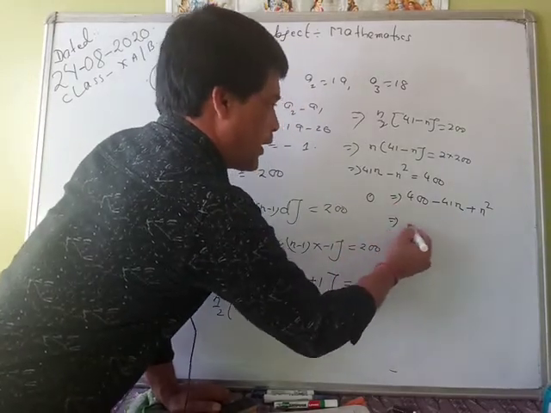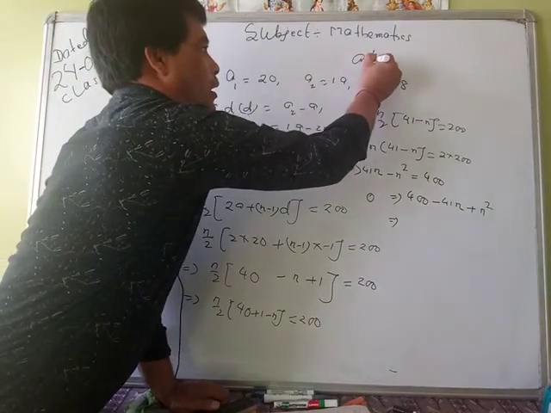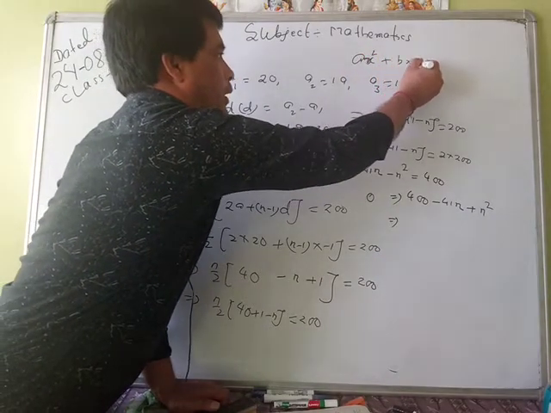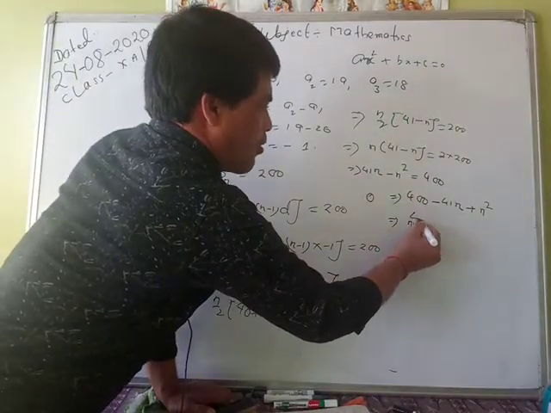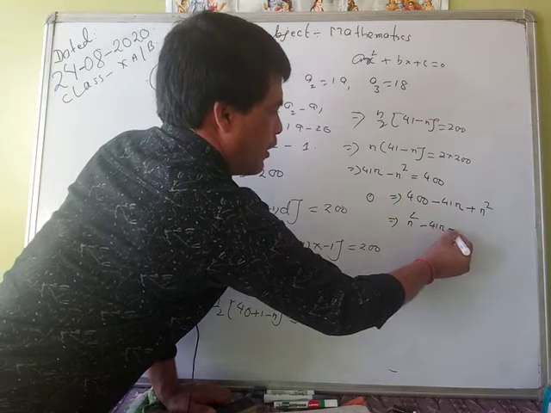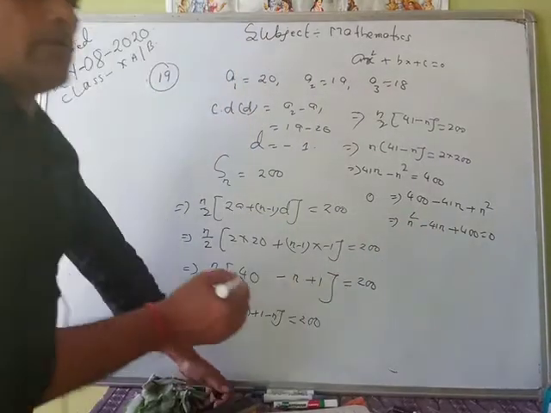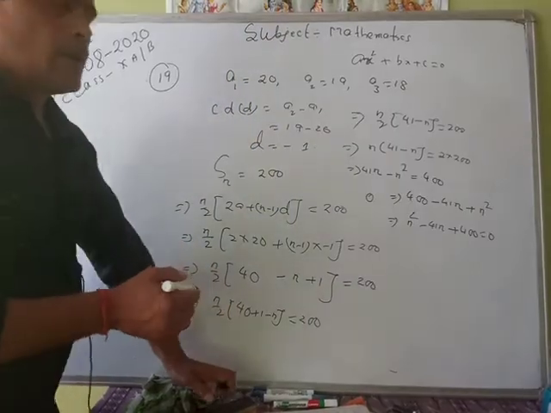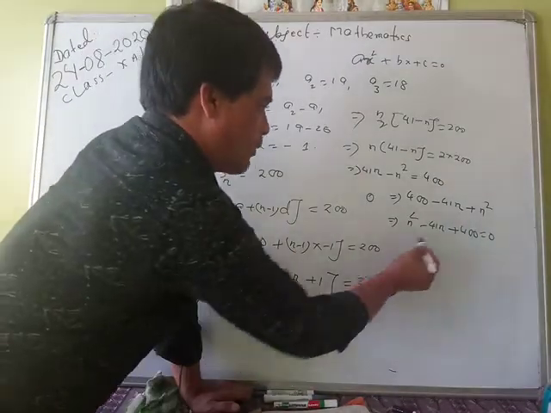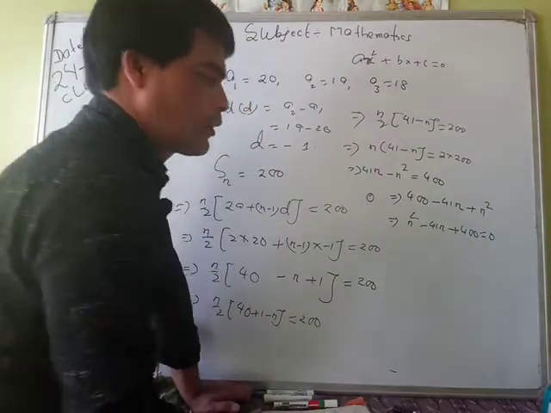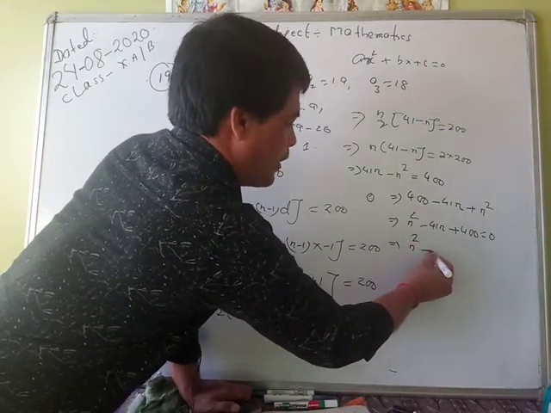Then after that again arrange in the standard form of a quadratic, that is ax square plus bx plus c is equal to 0. In this form you have to prepare. Then n square minus 41n plus 400 is equal to 0. Then now we have to do middle term taking factorization. Then multiply गर्दा 400 हुनु पर्यो, add or subtract गर्दा कति हुनुहुन्छ 41. Then n square minus